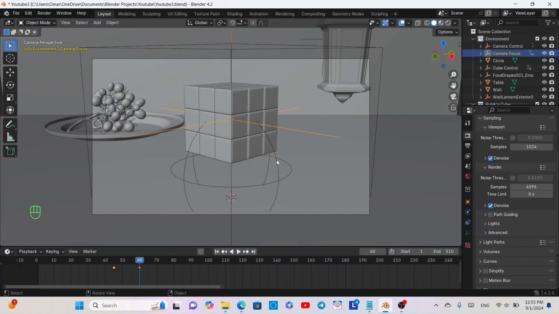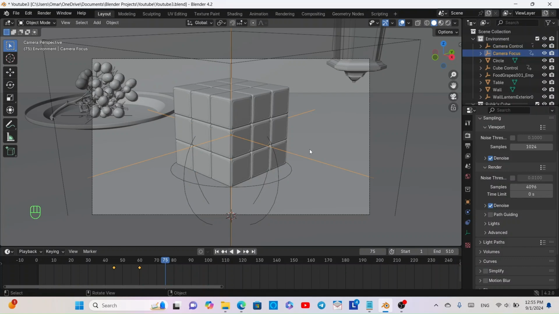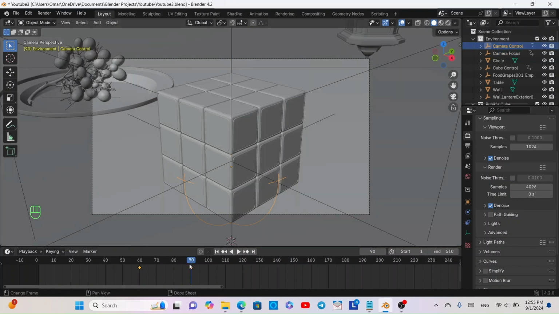Then I'm going to select camera control, and then I'm going to position my frame right in between those two keyframes, and then I'm going to select camera focus again, and then I'm going to add another location keyframe, and then I'm going to select camera control and go to frame 90, just where this keyframe is, and then I'm going to select camera focus again and press